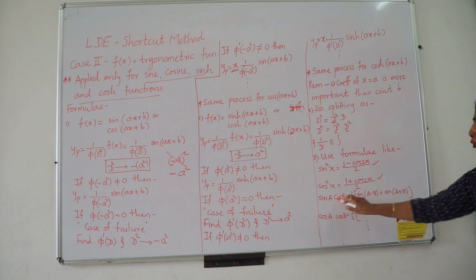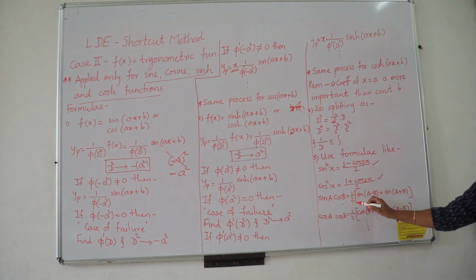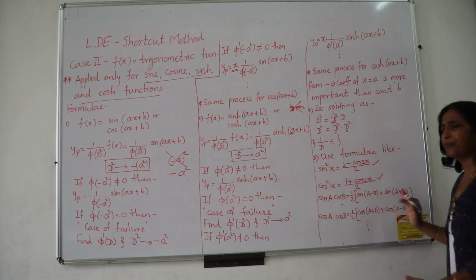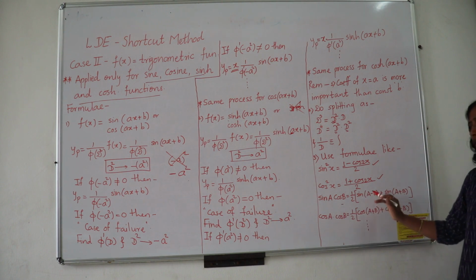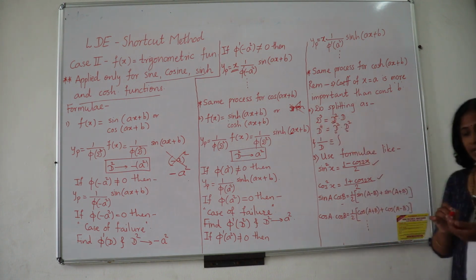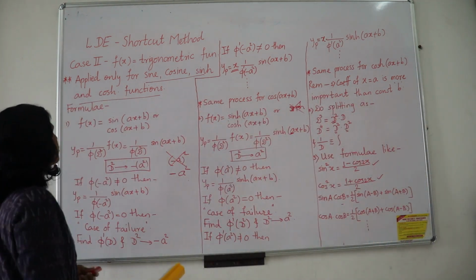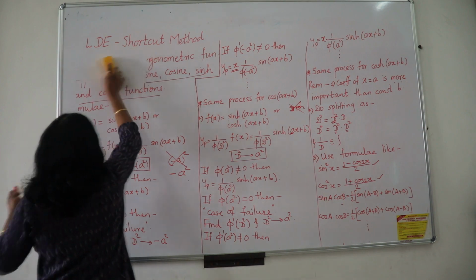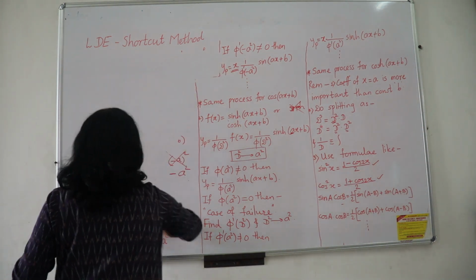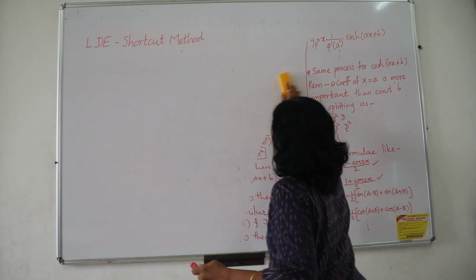So if you have a product like this, again the case is not applicable. Then you know the formula, 1 upon 2 of sine a minus b plus sine a plus b, then the sine functions are separated and you are able to apply the cases here. The same thing for cos or any such combination. So this is all about the theoretical part we have talked about. Now it is time to simplify a few examples, or a few applications in these cases. So let's work it out.